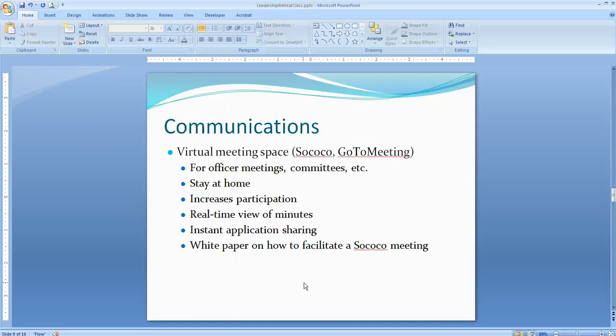Virtual meetings are a useful tool, not so much for your stated meetings, but for officers' meetings, committees, things like that. The benefit is everybody gets to stay home. They can sit down for 10 minutes, have their meeting, and not have to drive somewhere. That tends to increase participation. The Grand Lodge uses a program called Sakoko,